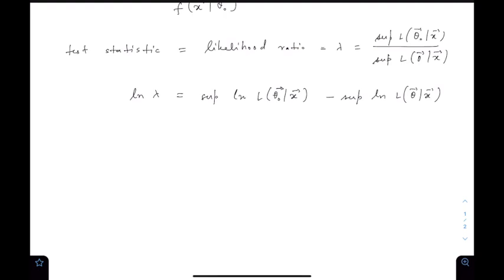So if theta 0 is a fixed value, then this basically becomes